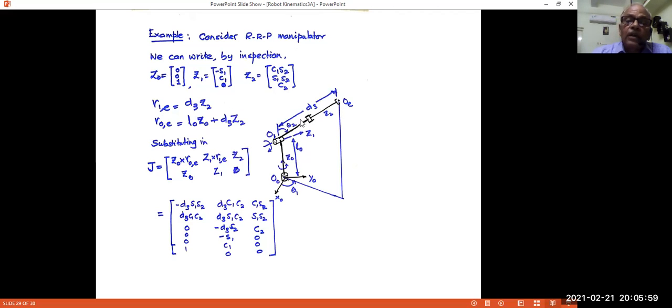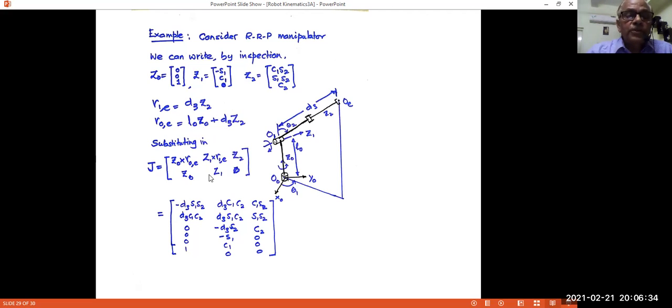r1e is only, suppose this is the distance after this joint variable d3 has moved by some distance, d3 along the z2 vector. So d3 z2, and from OE to O0 will be this plus this vector, which is L0, whatever this length is. This is constant, a physical constant. L0 times Z0 plus D3 times Z2. So R0 is that. L0 is a constant known to you. D3 is a joint variable known at that instant of time. So you know this also.